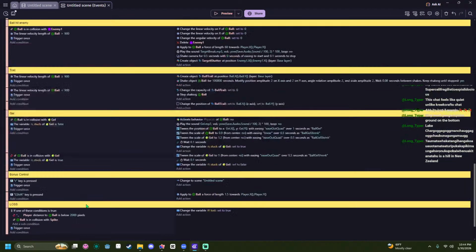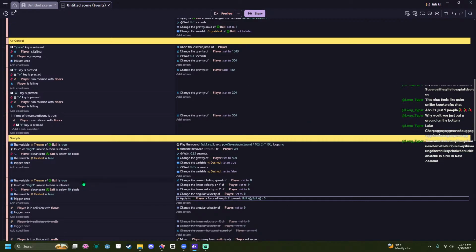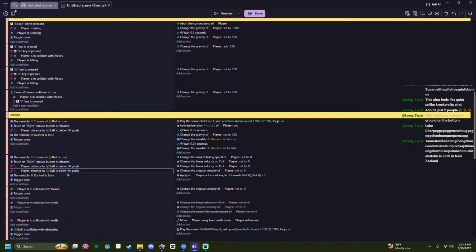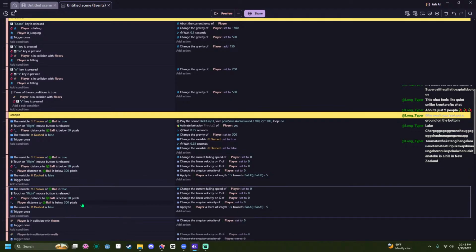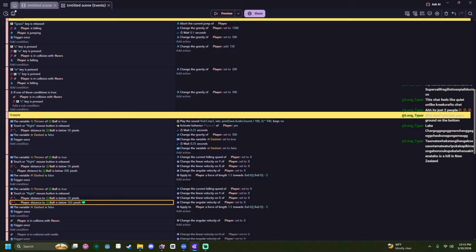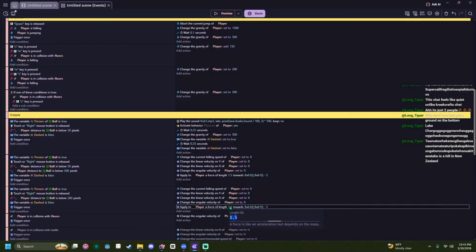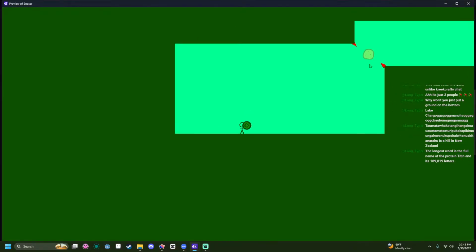Okay, so I want to make the dash less powerful when we're close to it, basically. So that shouldn't work at all below 50 pixels, but it needs to be. So okay, this is the one we need. If the distance is below like 300, do a smaller version, like 1.5. And then if it's not below 300, delete this one, do the normal 3. So if it's far away, we'll do the normal one.